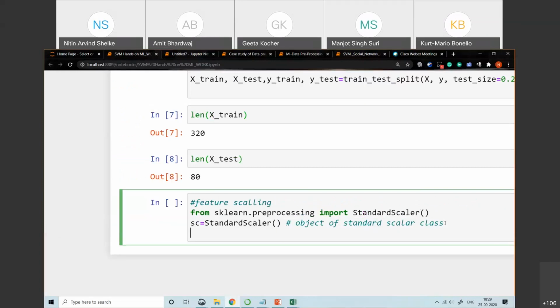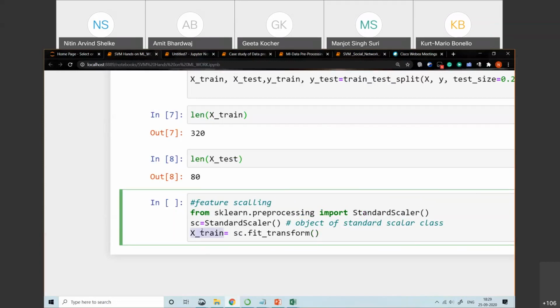Now let's use the fit_transform on your training data set. So your x_train is equal to sc.fit_transform on your training data set.